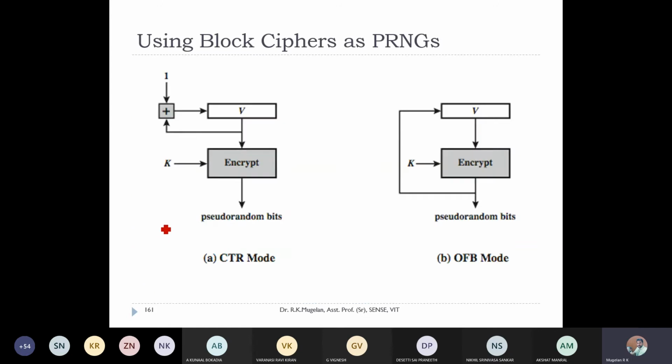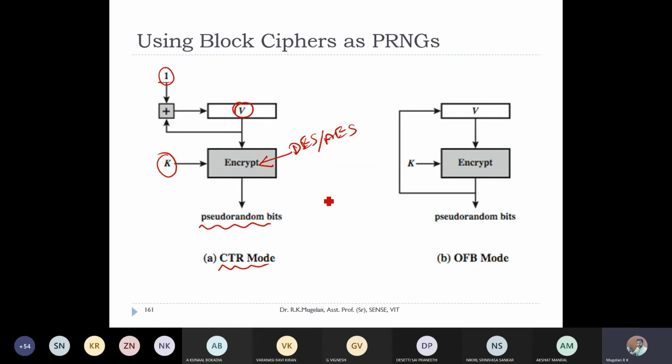Pictorially, if you want to see, this will help you to understand clearly. The left hand side shows the counter mode. Initially I'll be supplying a seed value. The seed value is going to be incremented; I'm simply going to add 1 for each and every cycle. So the seed value is incremented with the value 1 for each and every cycle. And I'm going to use a key called K, and any encryption algorithm. This encryption algorithm can be any of your block ciphers. Either you can go for DES or AES or simple product ciphers, anything, but it should be a block cipher, right? And the output will always be a random bit.